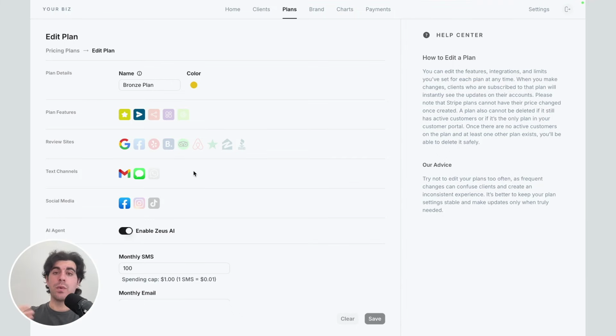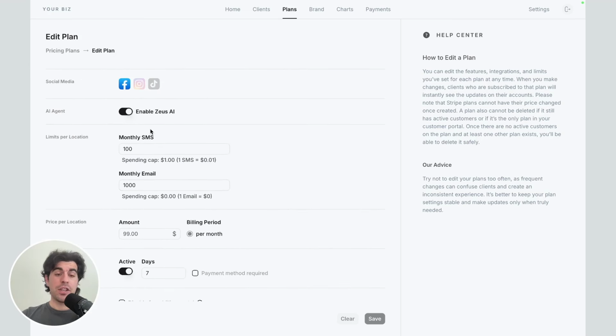You can choose which ones you want to enable or disable. Social media, Facebook, Instagram, and we're building also right now the integration with TikTok, which is coming soon. Also, of course, for each plan, you decide if you want to enable or disable your AI. Of course, if it's enabled, your clients get access to the auto reply with AI feature and auto share with